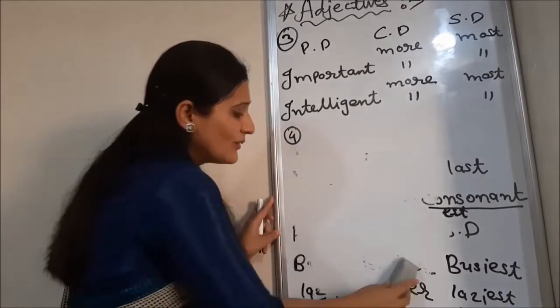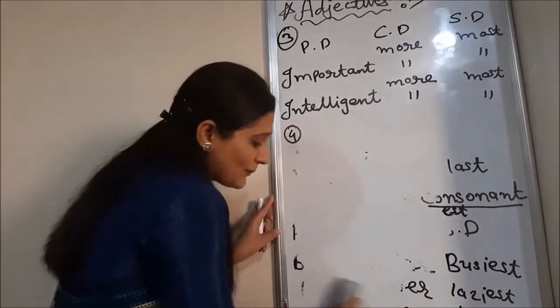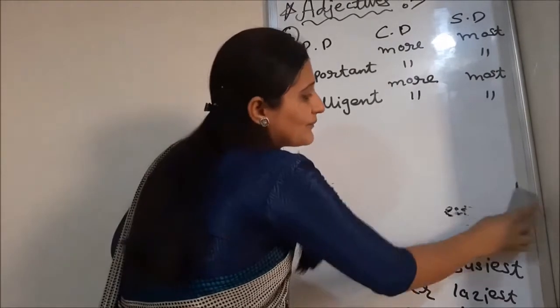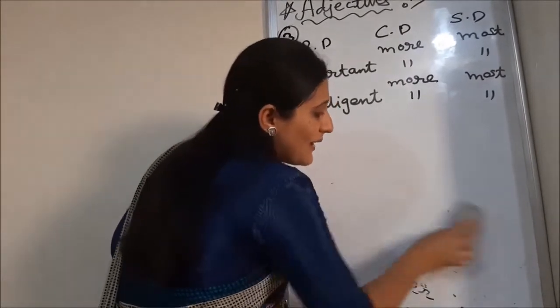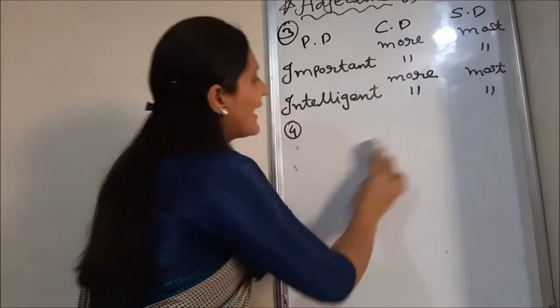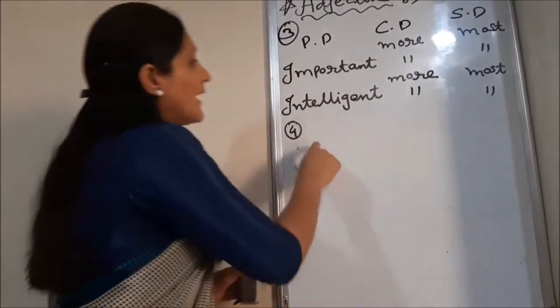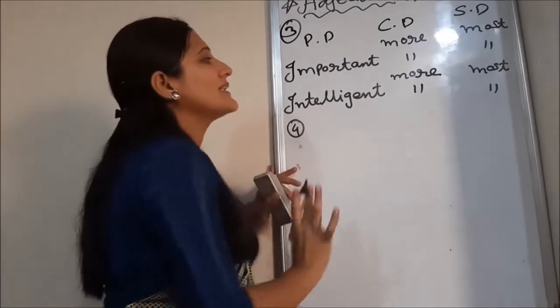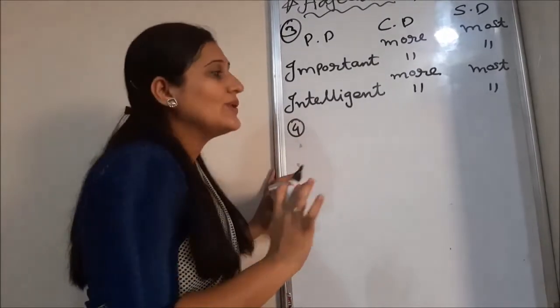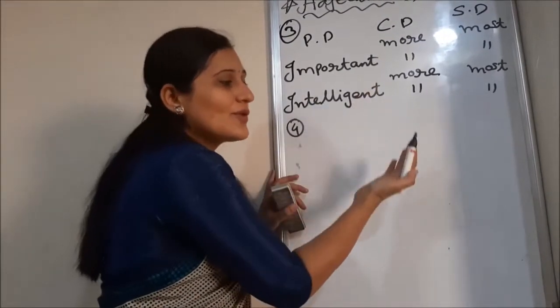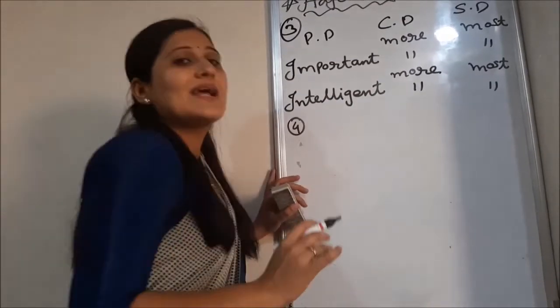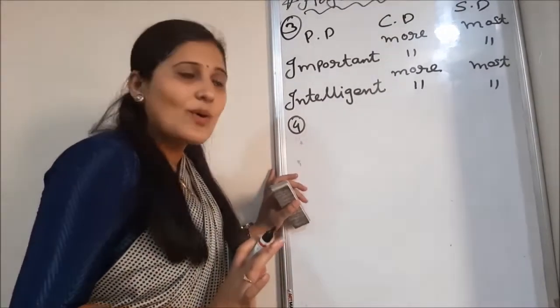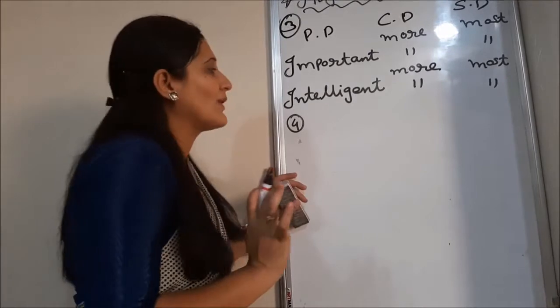Now, the fourth one, let me start. As I told you, there are 5 topics of adjective. I have discussed all the degrees. I am going to discuss the adjective rules, and finally I will start in the next video how to turn from which degree to which degree and which are the easiest topics that you can go for, right?